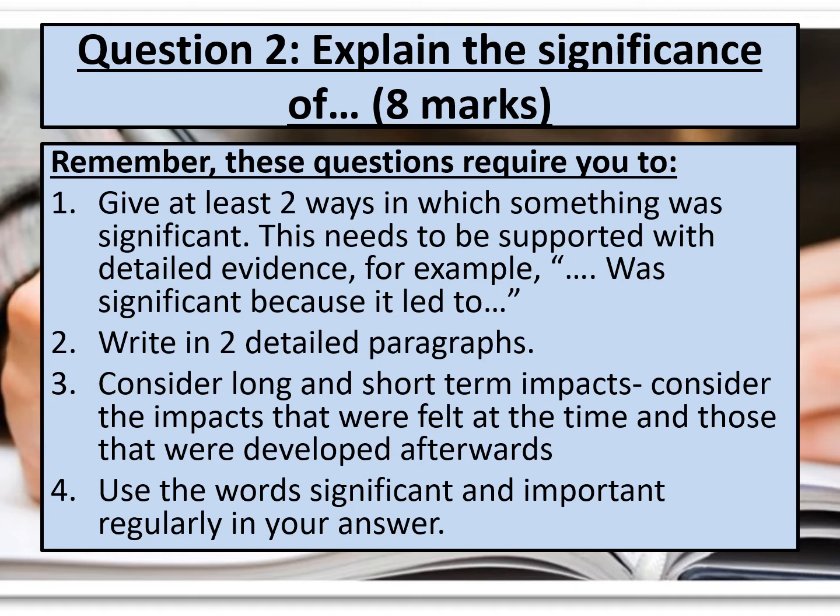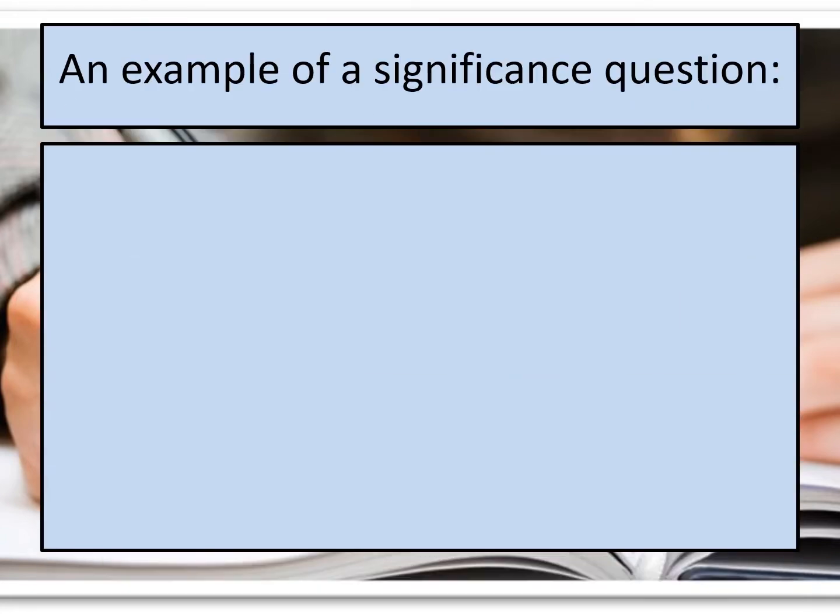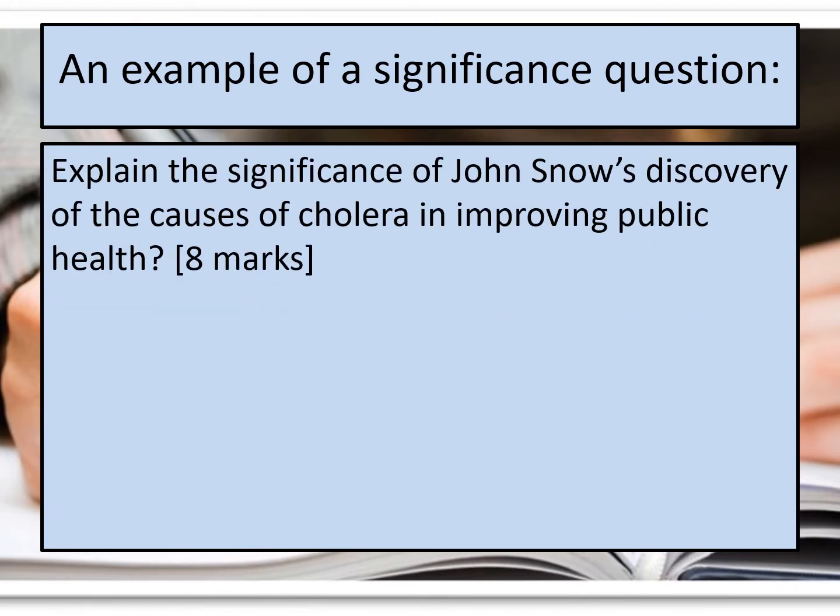What we'll do now is look at an example question. So just like last time, we're going to look at an example so that you understand it fully and you see how to apply your knowledge. So here's an example that could come up in the mock. Explain the significance of John Snow's discovery of the cause of cholera in improving public health. So it's just asking us to look at the significance of John Snow and what are the implications of his